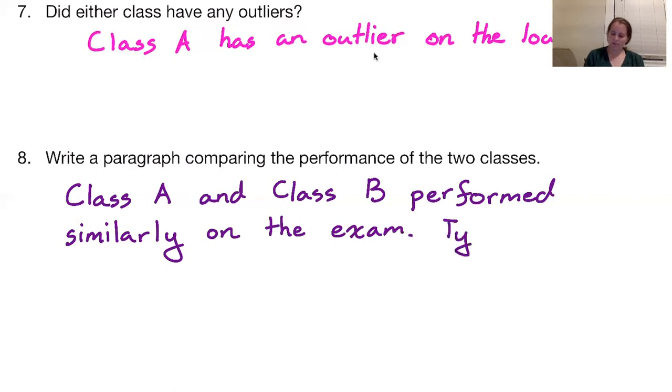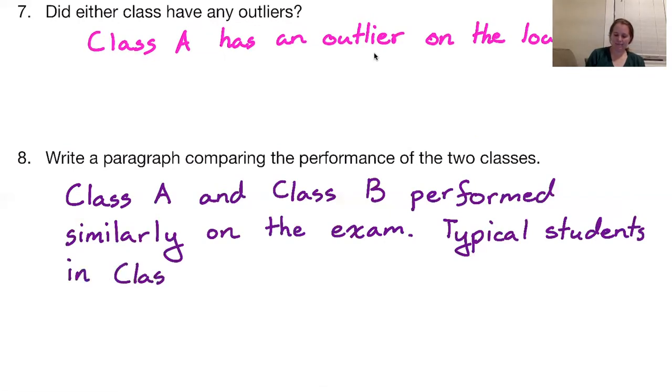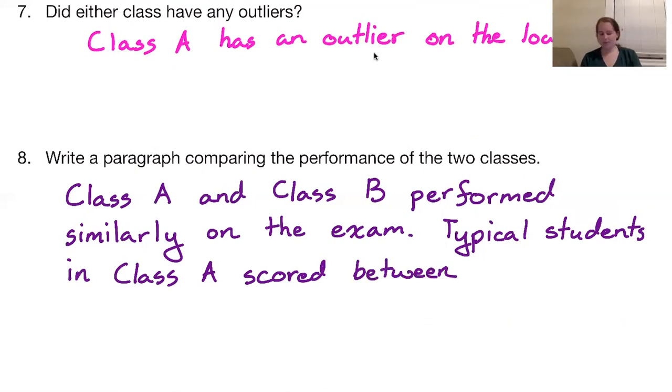Typical students in Class A scored between 35 and 43, while typical students